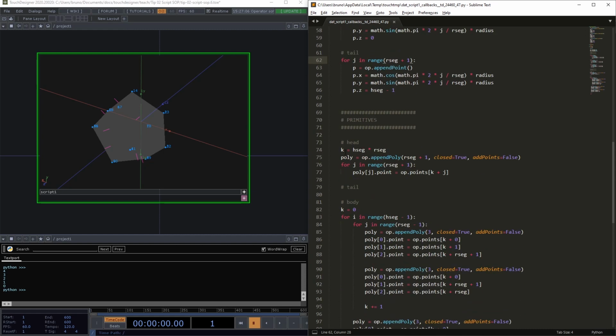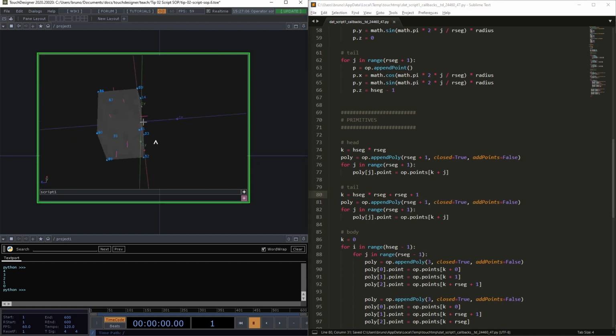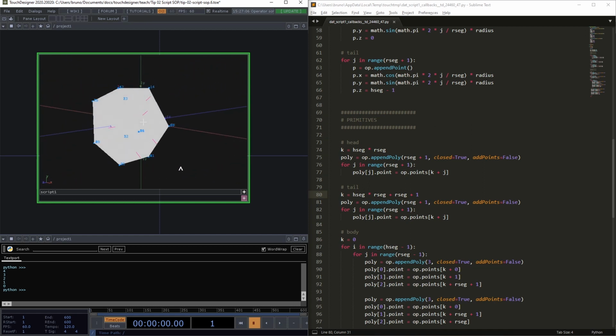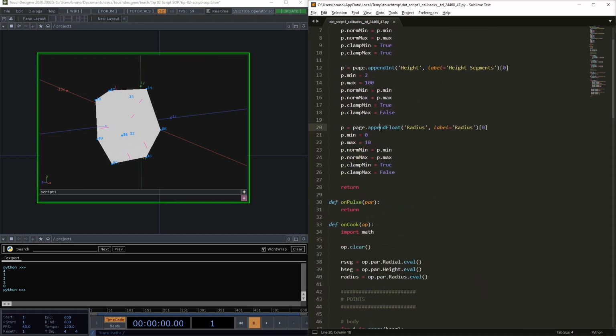For the primitives, we can also copy what we did for the head, and the starting point is going to be all of the points for the body plus all of the points for the head. Save that, go to the other side of our geometry, and we can see we have both head and tail as expected. We might want to have that as a toggle in our parameters, so let's add an extra parameter